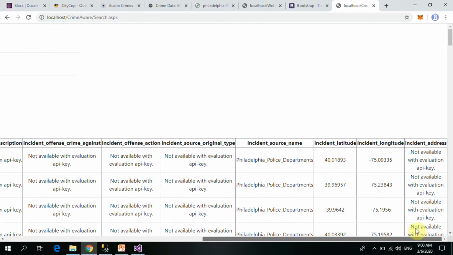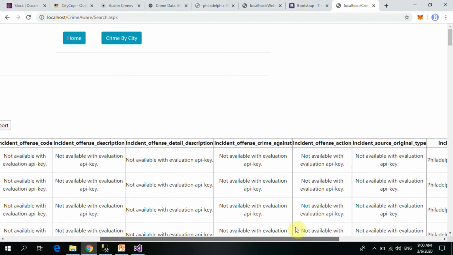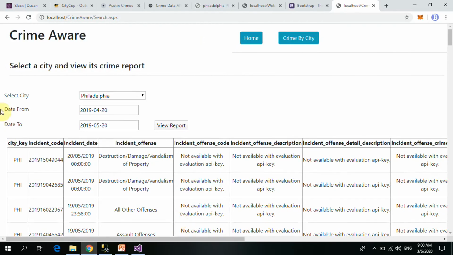So I believe what we should just do is, we're interested in displaying city key, incident date, incident offense, then incident offense detail description,